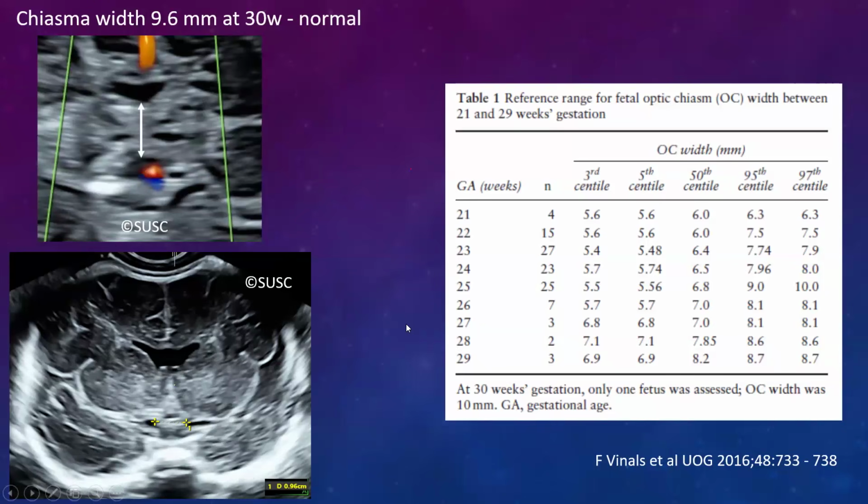size for gestational age, but still that does not rule out septo-optic dysplasia. If we don't see the optic chiasma itself, or the optic chiasma is very small, then that adds on to our suspicion of septo-optic dysplasia. But a normal chiasma does not rule out septo-optic dysplasia, and that is something to be kept in mind. The same prognosis of 1 in 4 continues, where in 4 cases of septal agenesis, 3 cases may be truly isolated and may have good prognosis, but one of the cases can still turn out to be septo-optic dysplasia and will need postnatal assessment for the pituitary axis and the hormonal